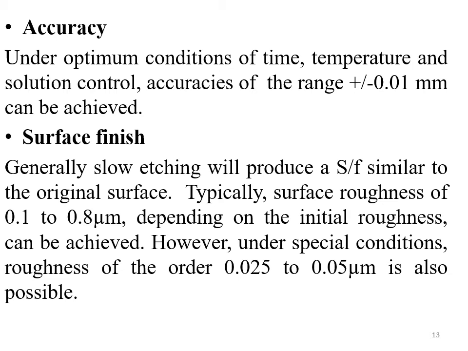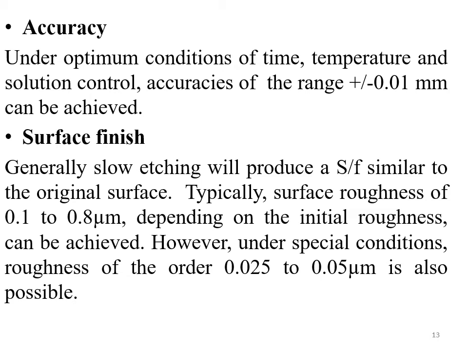Here, if we observe the range of surface roughness that can be obtained with the help of chemical machining, it is around 0.1 to 0.8 microns, or 0.025 to 0.05 microns. This is a very good surface finish which can be obtained on a given workpiece or any alloy, giving a mirror-like surface finish, which is highly desired in some applications like bearings. That's why chemical machining is one application where a higher surface finish is desired.